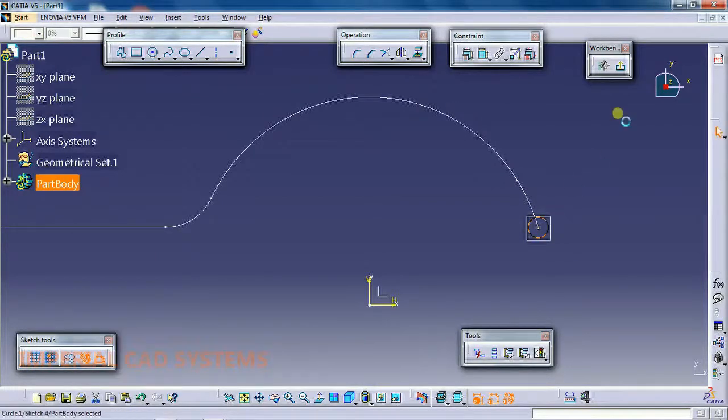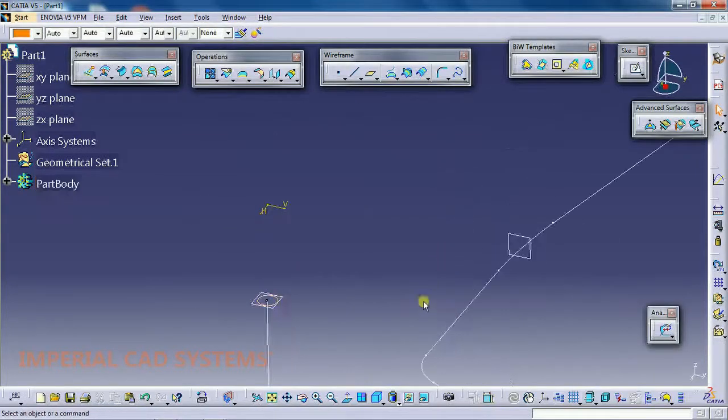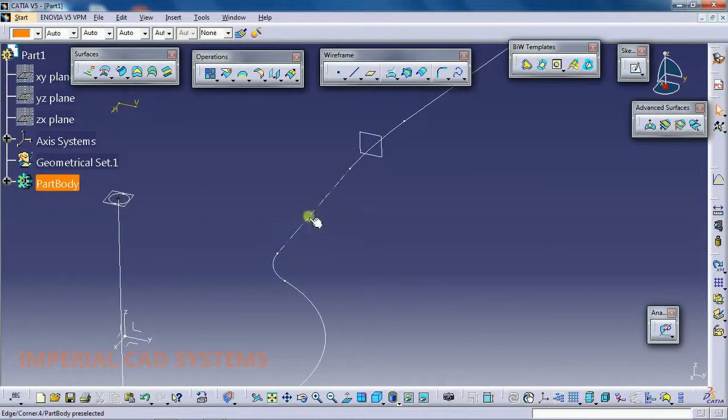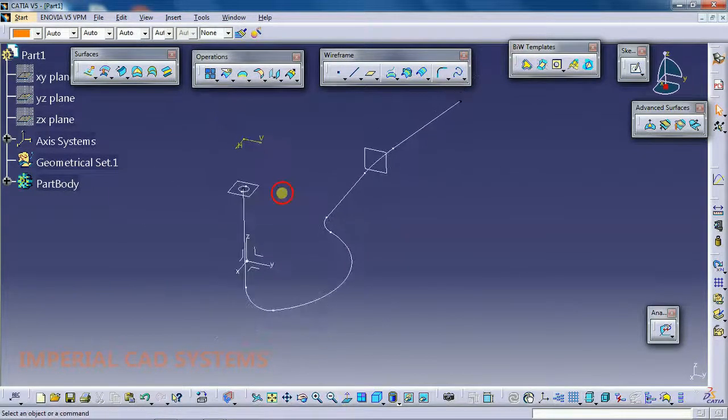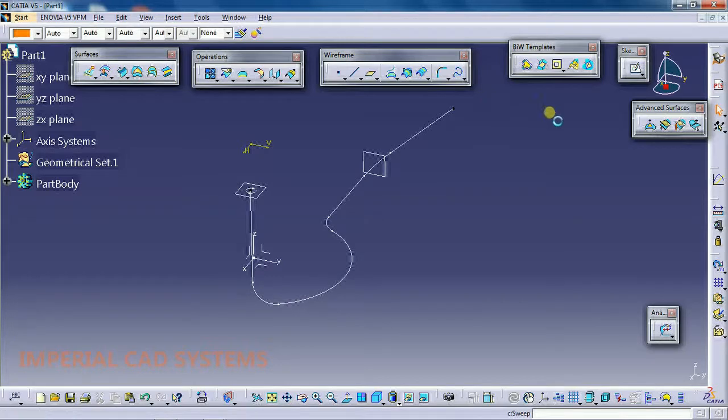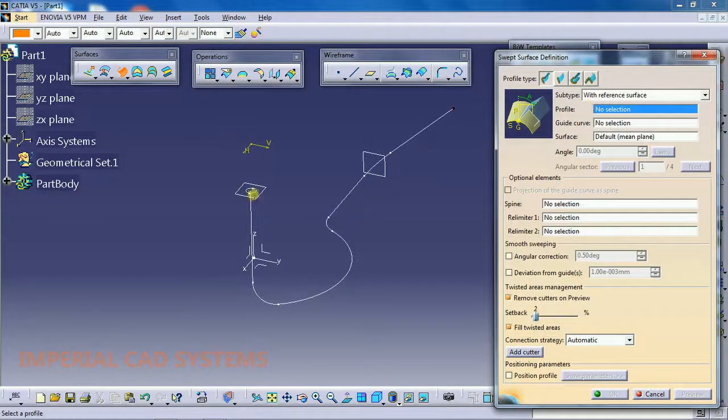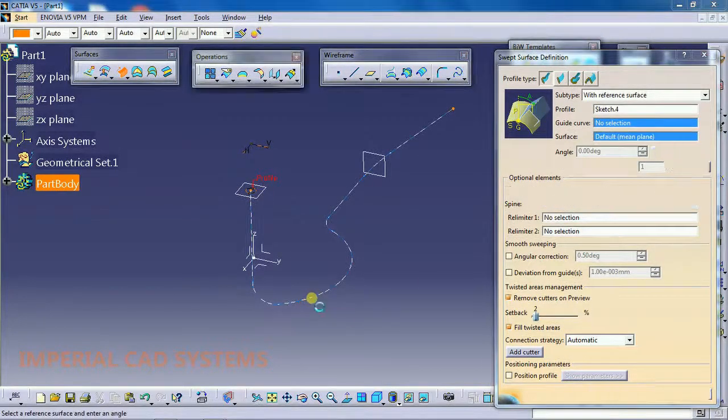Size should be smaller because here the radius is smaller. Then go for sweep, select this profile and path.